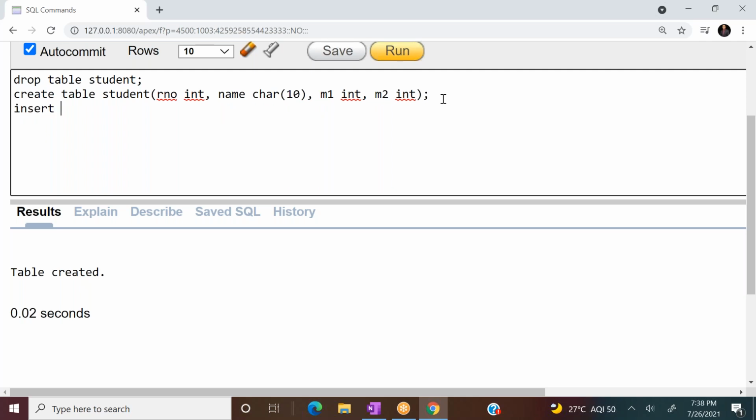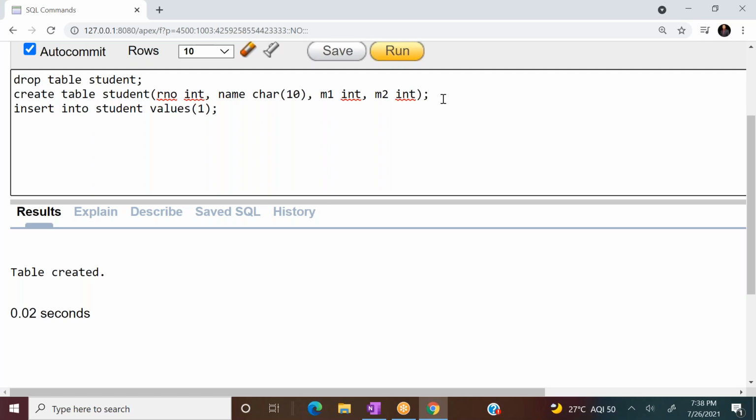Now I want to insert some values into it so that I can execute the queries and explain them. Insert into student values.